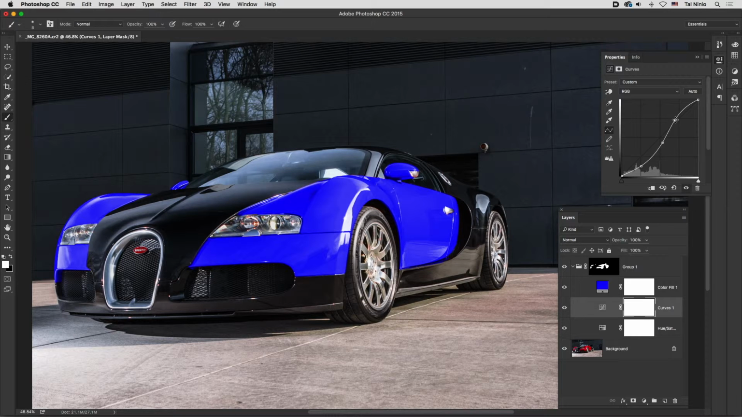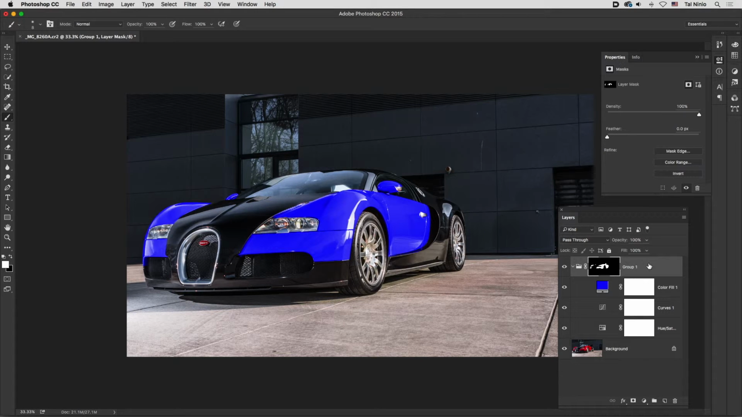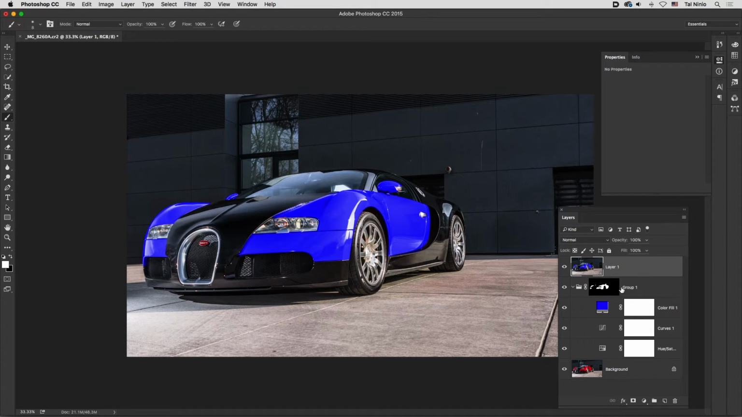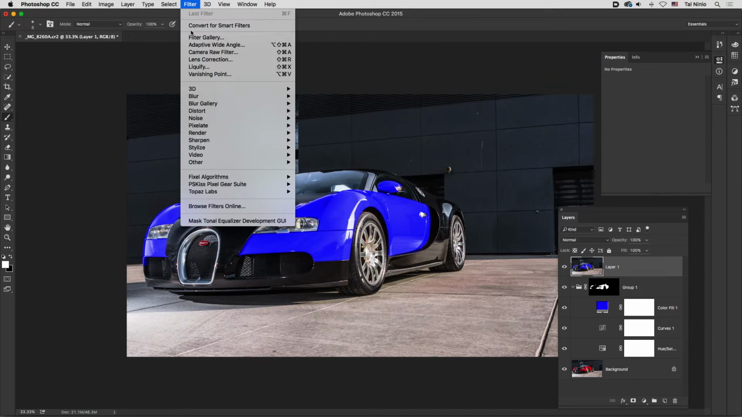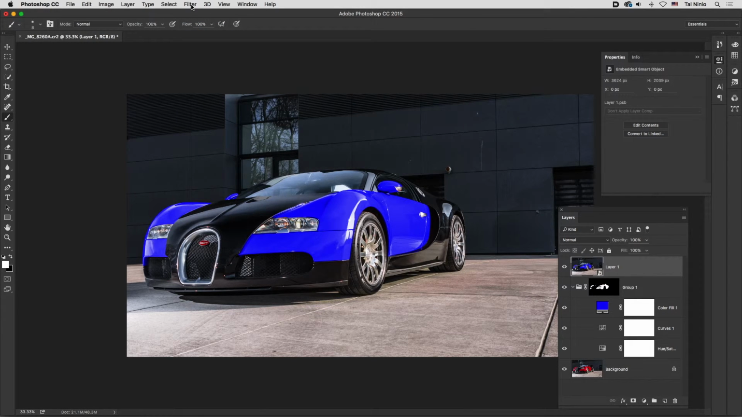If you want to add some filters, let's zoom out a bit. If you want to add some filters, let's say make this image deeper or add some sharpness, go to the topmost layer, hold down the Alt key, go to Layer, Merge Visible, and there you go. You got a new layer. Now in the filter menu, convert it to a smart filter, click OK, and add the filters you want. I want to make this image look a bit deeper,